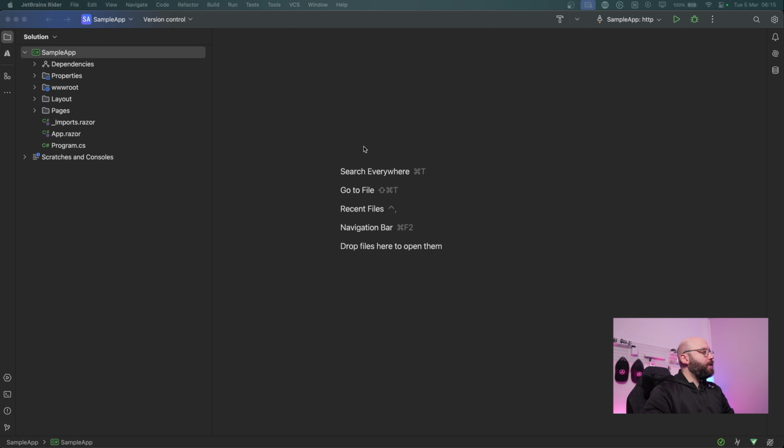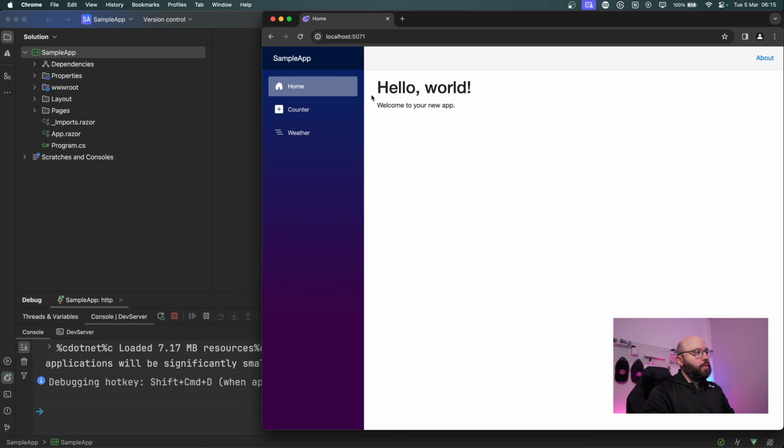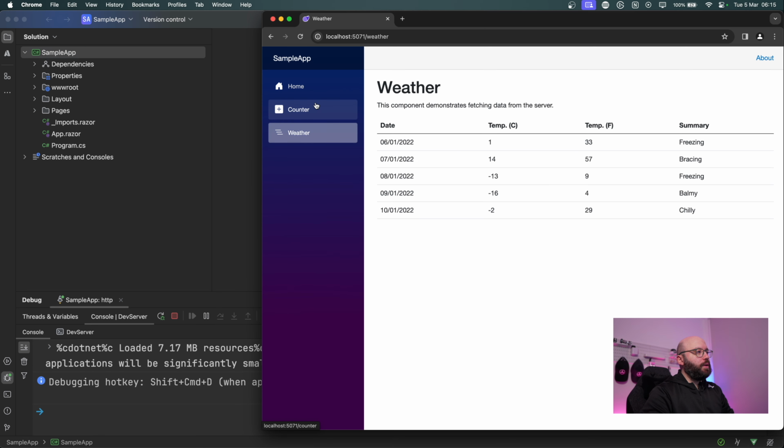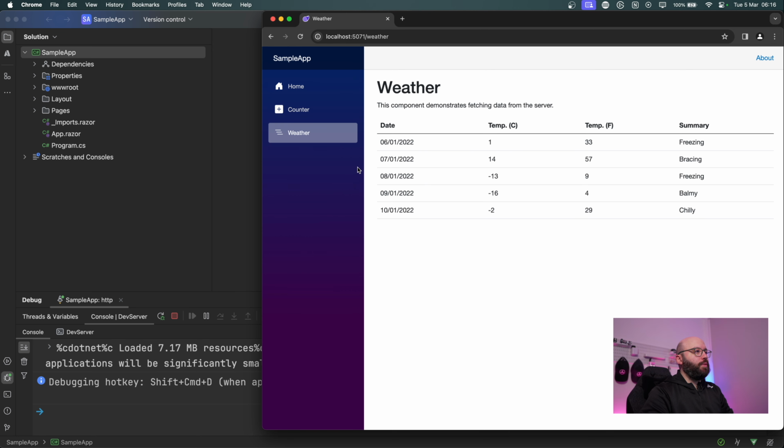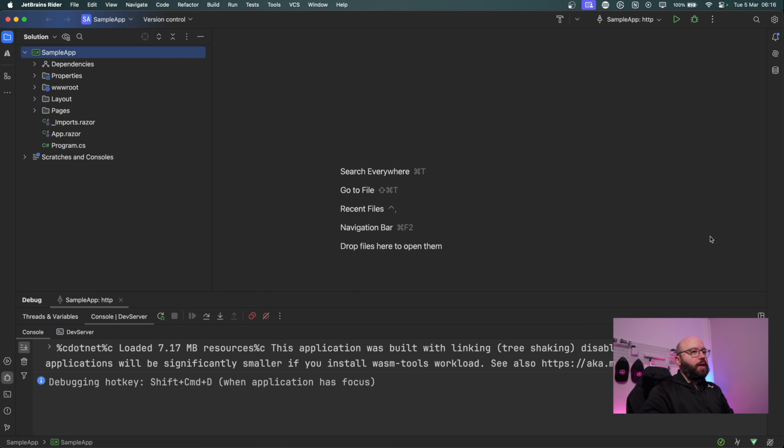What I have here is an empty Blazor application which doesn't really contain anything right now. If I run it, we can see that the application is actually empty. It's all basically the boilerplate template that Blazor gives us. So I'm going to stop my application right now, and inside my root directory,